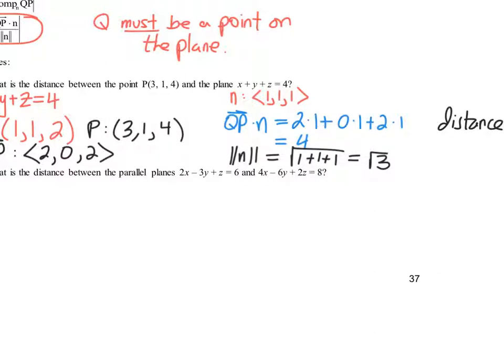So in your first equation, come up with a point that satisfies this equation. So guess an x and a y and come up with the corresponding value of z. That'll be the point, like in number 10, and then work off of the other plane. So you come up with the point for the first plane, and then you get to work on the problem just like it was question number 10. All right, so